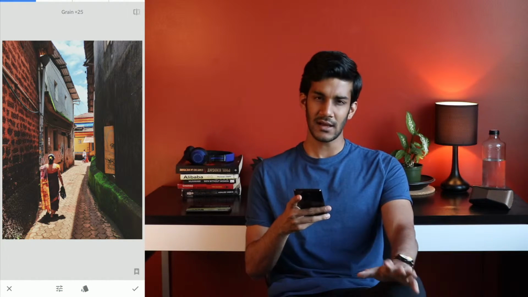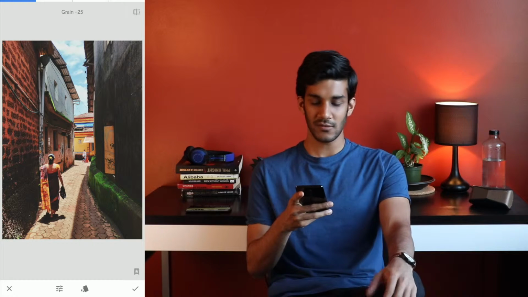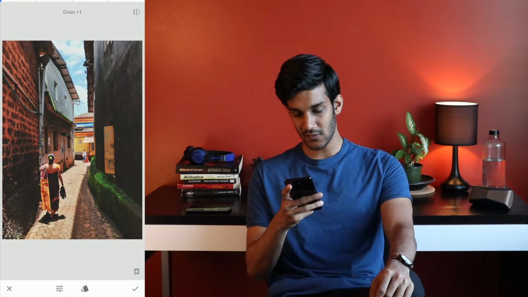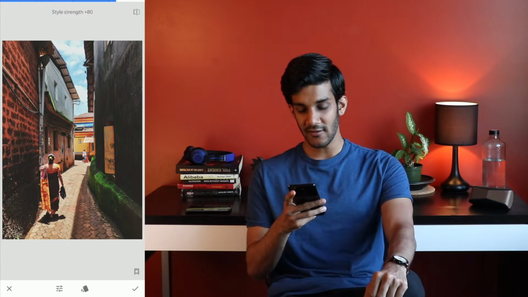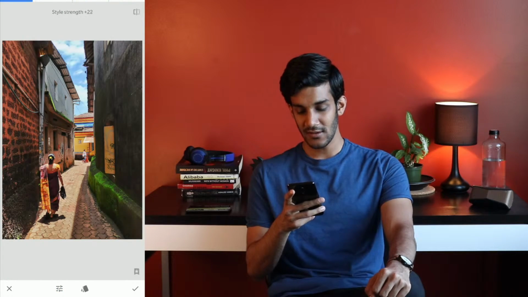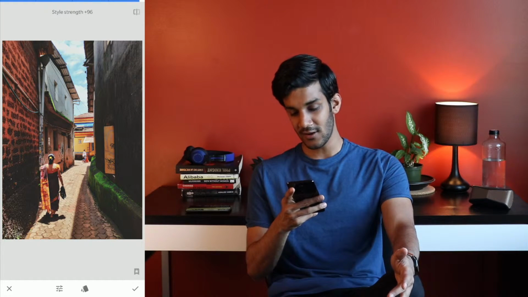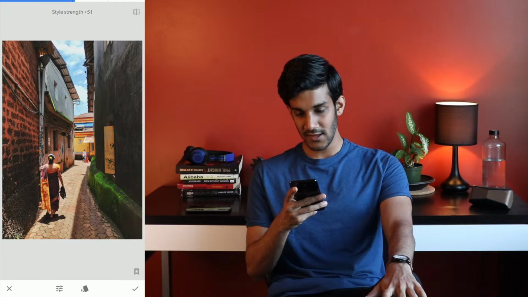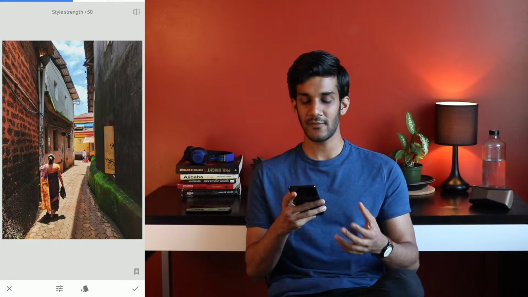It really has a nice style that creates the mood that I was looking for in my mind before we began this photograph. Let's turn down the grain to about 10 because that leaves the effect without making it too noisy and grainy. And within the style strength, that's at 0, that's what it looks like at 100. Let's stay around 50 for this photograph because it leaves the realism of the photograph while adding a bit of